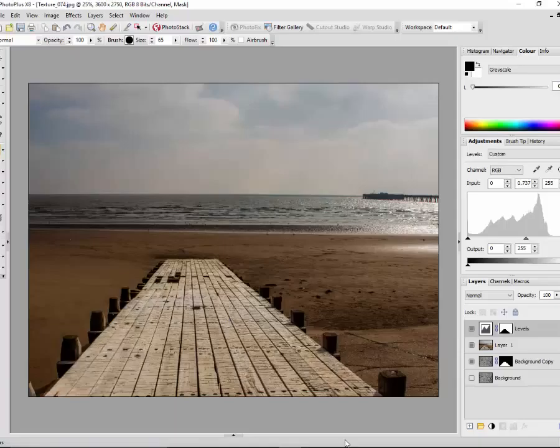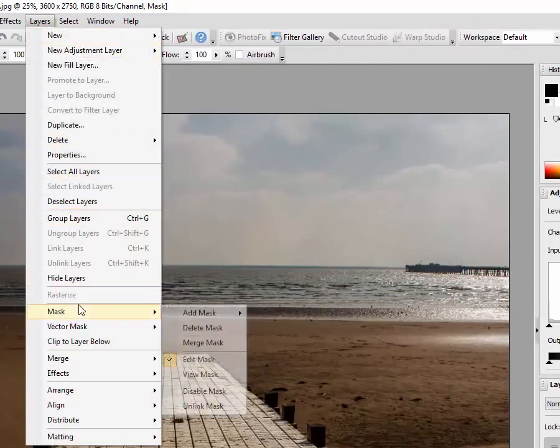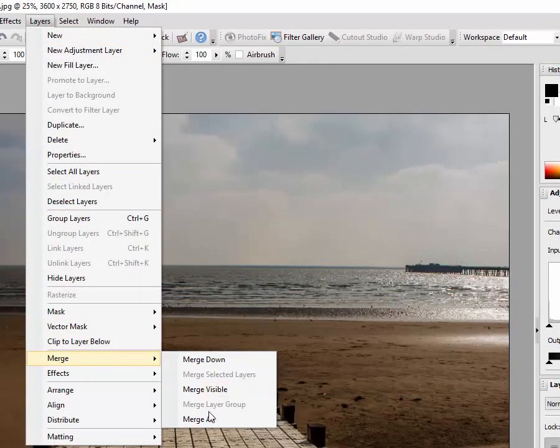Well, I hope that has been of some help in showing you how you can use textures, and don't forget that you can try all different sorts of blending modes when you do use textures, and even when you have finished you can add extra tools, adjustments, and even then you can layer mask them out as well. So all you'd need to do then is merge your layers, come up to layers and come down to merge all, and